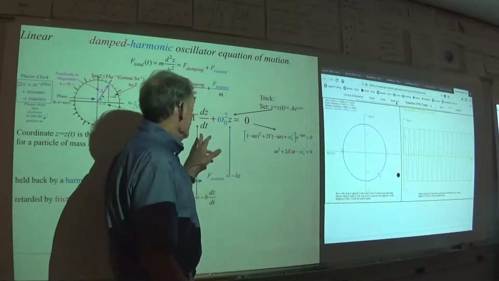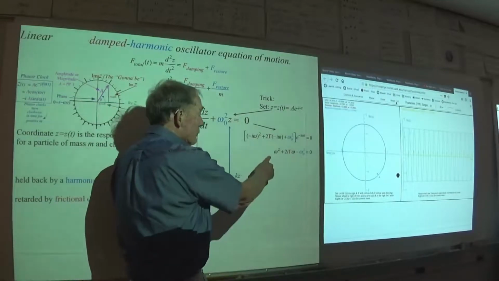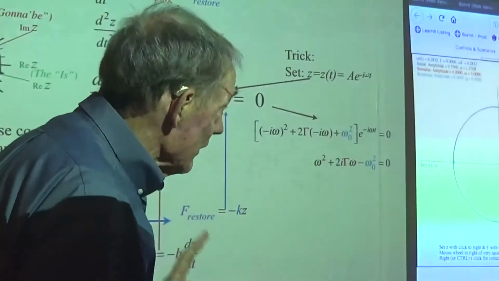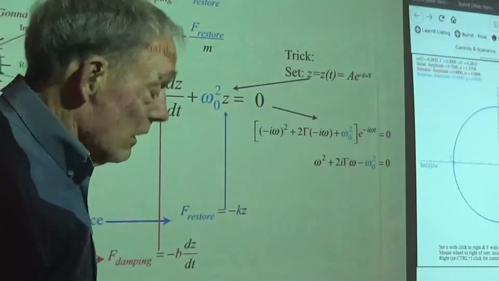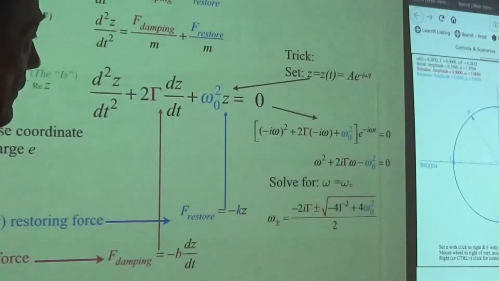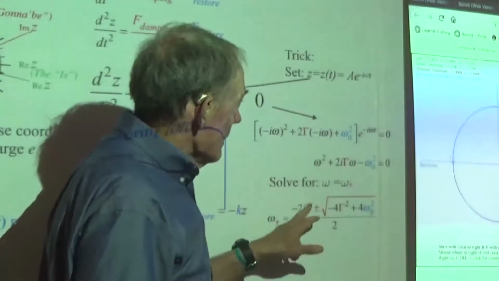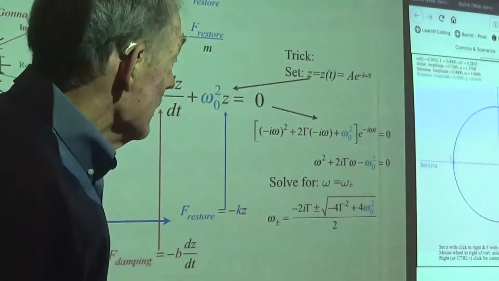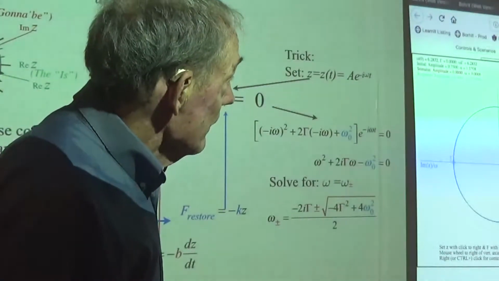In any case, by differentiating that thing once, getting a minus i omega, and twice, getting two of them, gives you a quadratic equation for the frequency. The complex frequency is what we're really getting here, the solution to this quadratic equation for that omega. And that, from high school, is simply a combination of something that is imaginary and then something that's real. Okay, so it's a complex number. We're talking about complex frequency here as a way to treat these resonances. Okay, now I'm going to go ahead and pause this thing,